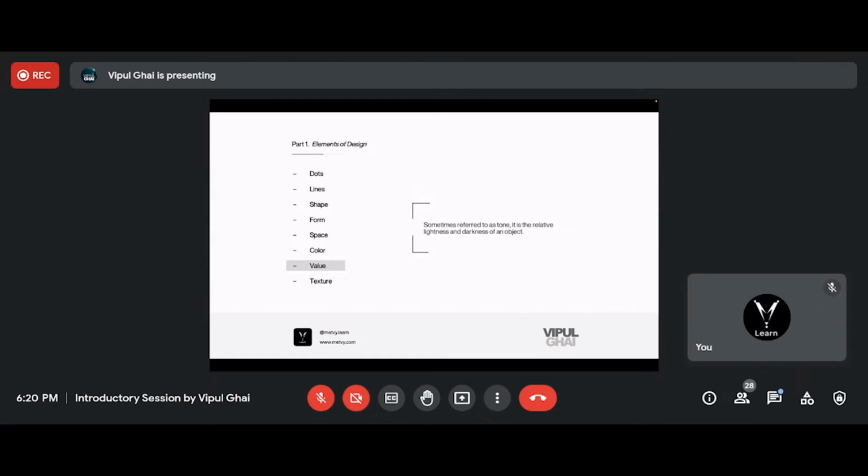Then there's also value. A value can be of anything, but it's just relative to the elements that you're applying it to. Value is basically lightness or darkness. It can be lightness and darkness of colors. It can be lightness and darkness of shapes. For example, in this screen there's no color. It's technically black and white. It's monochrome. Here, the value would mean this is the darkest object, so it has the highest value. This and the text, because those are the elements that are black, like pitch black.